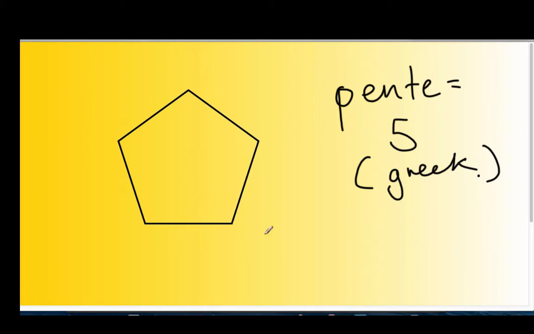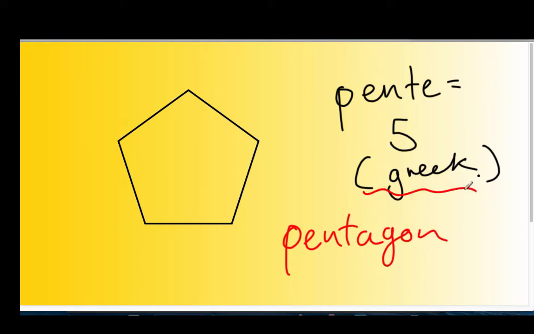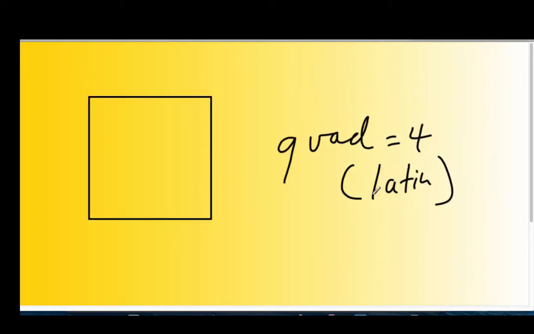We've got something here called a pentagon. Pentagon, and I bet you can tell me it's got 5 sides, which actually comes from the Greek language originally, penti, which means 5. We've got a quadrilateral, which is any shape with 4 sides here, and that comes from